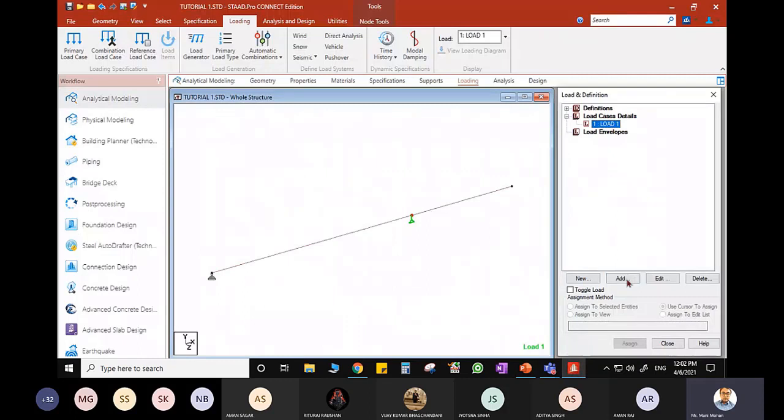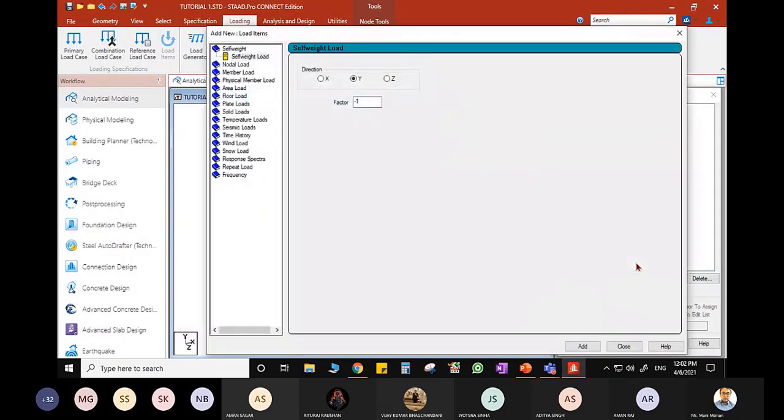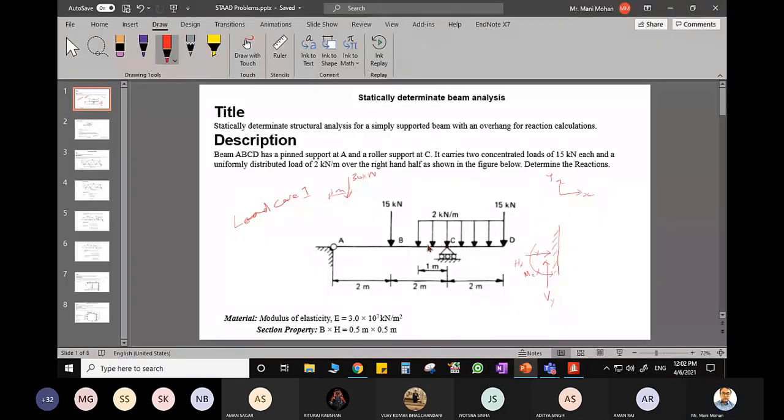Click load 1, click add. Now once you click add, what kind of load you have? You have different types of load, but try to see what type of load you had. You had member load, on which a concentrated force was acting. You had nodal load also, which is acting at the node.